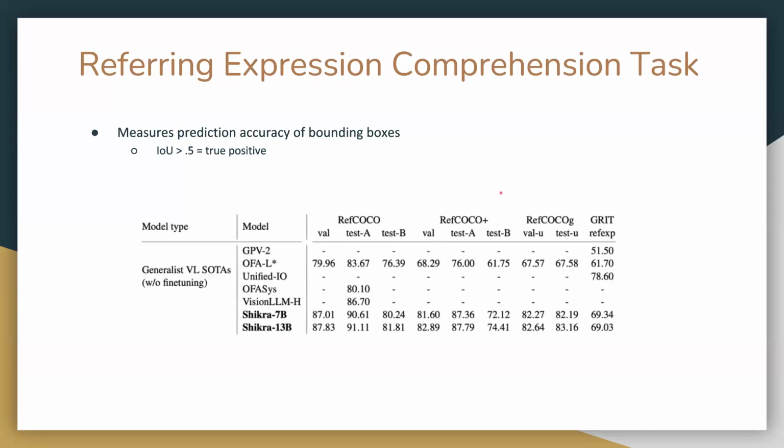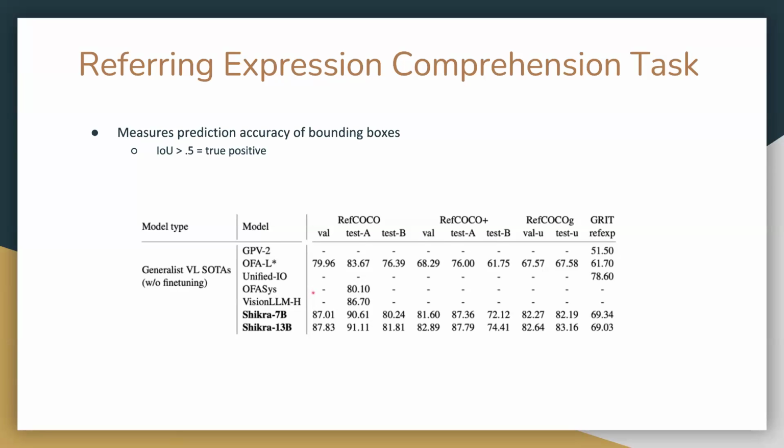So here they're comparing Shikra against other generalist visual language models that achieve state-of-the-art performance. And what they mean by generalist is models capable of a wide array of tasks. And if you look here, you can see that Shikra 7B and Shikra 13B consistently outperform on every data set except the GRIP benchmark. You can also see that between Shikra 7B and Shikra 13B, there's hardly any gain in performance. So what that means is you can use half as many parameters without losing any performance, which is pretty